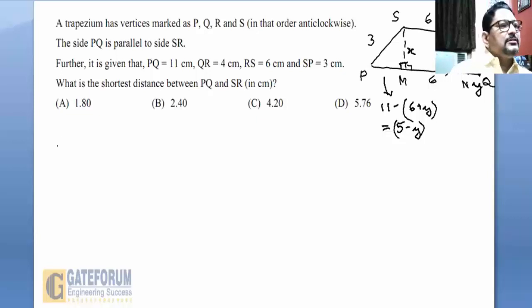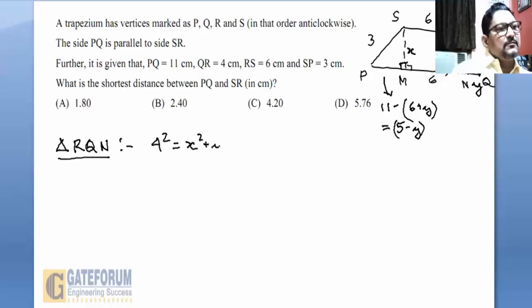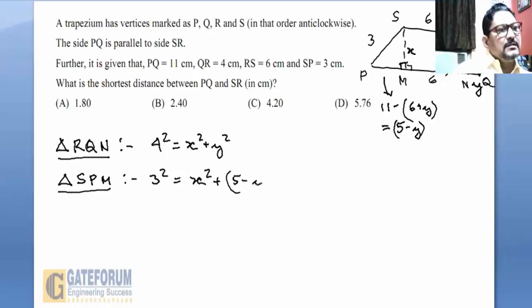So Pythagoras theorem is very much applicable in them. Let us apply Pythagoras theorem to triangle RQN. From RQN, we can say that 4 square is equal to x square plus y square. So this is one relation that we get. Let us now consider triangle SPM. From triangle SPM, we can say that 3 square is equal to x square plus (5 minus y) whole